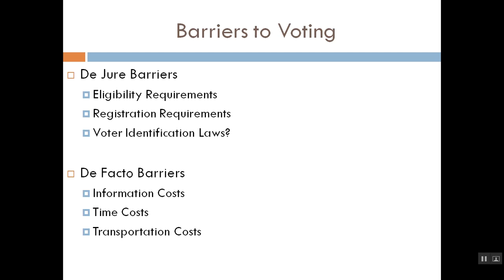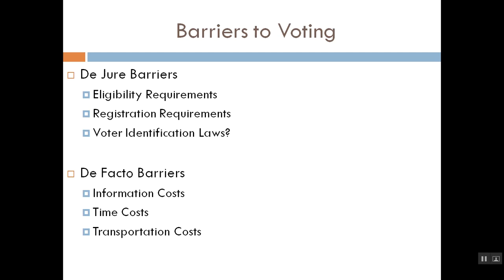Information costs are those costs in time, energy, effort, or money that you take on when you're trying to gather information. And what we're going to discover is that it can be very difficult to find good information about candidates. But today it's a lot easier than it used to be because we have more resources available to us. And if you don't believe me, I would encourage you to take a look in this week's optional folder, where you're going to find a whole bunch of different websites that will allow you to figure out which candidates best